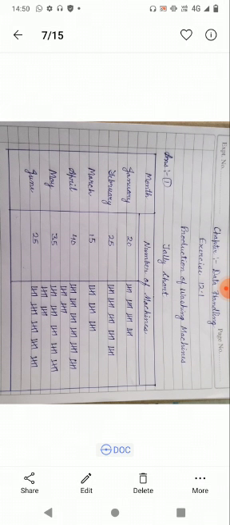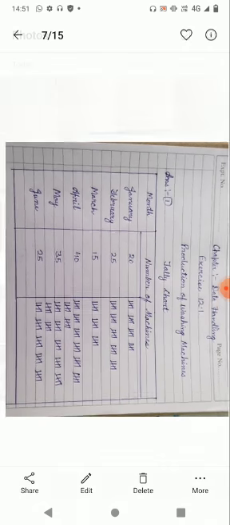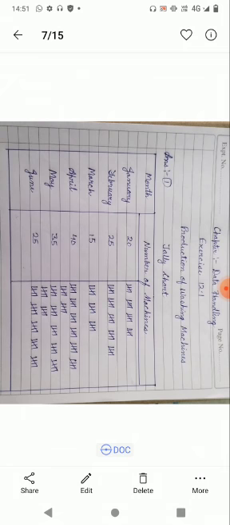The months January, February, March, April, May, June are given, and in the month of January 20, so we have written it. See, I have drawn the lines 1 2 3 4 5, then 1 2 3 4 5, then 1 2 3 4 5, and 1 2 3 4 5. So these drawn lines are here and we are representing the whole information in tally chart form.